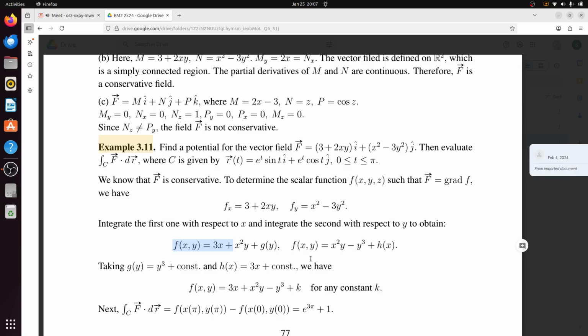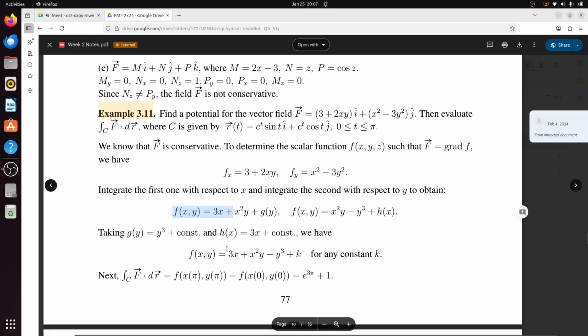Yes, sir. Okay, so then you get your final scalar function as 3x plus x square y minus y cube, कांस्टेंट को हटा दो, तो उसके बाद ये आपका फाइनल आंसर आ गया, क्योंकि आप फाइनली जब माइनस करोगे तो वो कट हो जाएगा, तो उसमें कोई इशू नहीं आएगा।